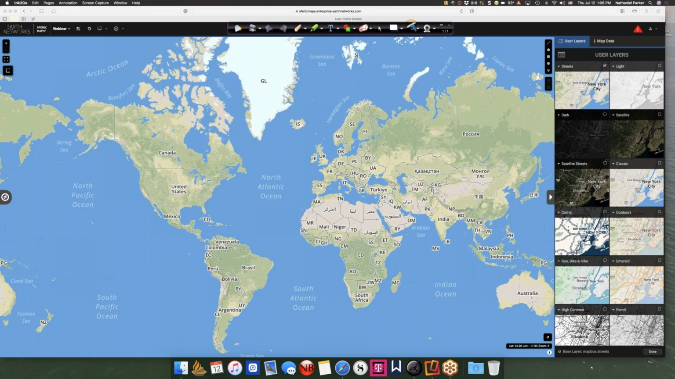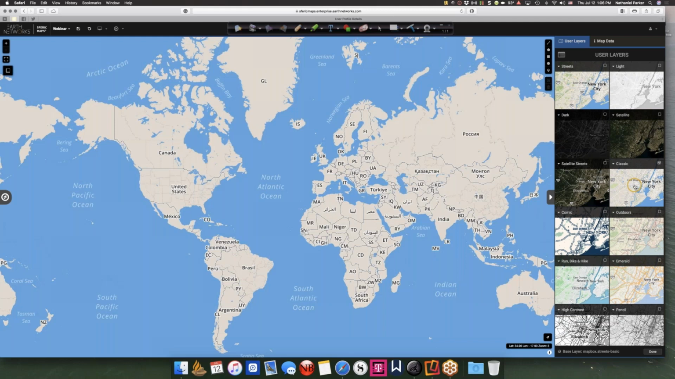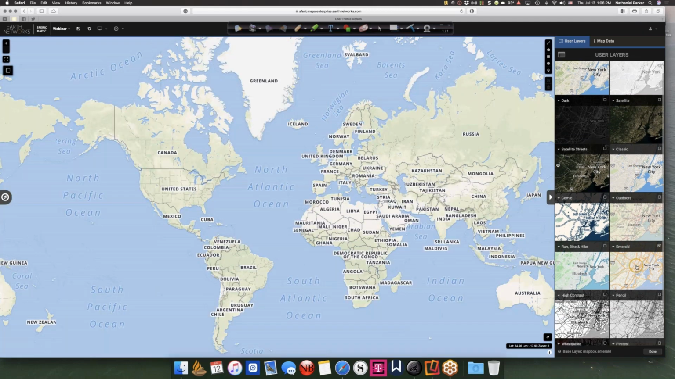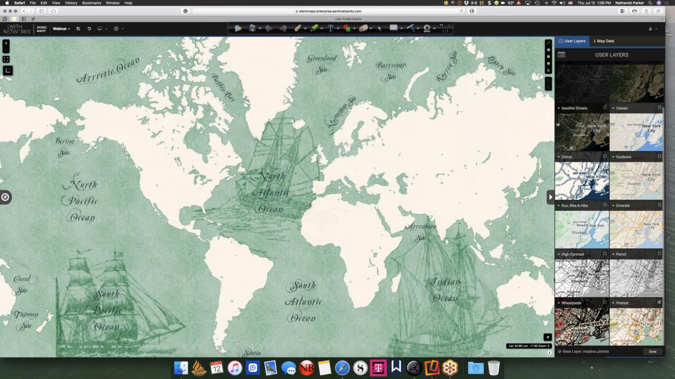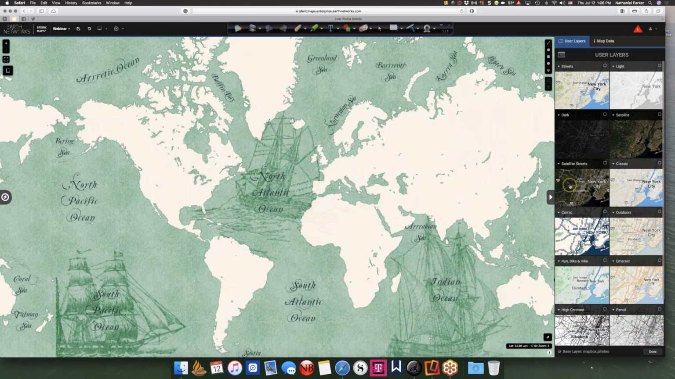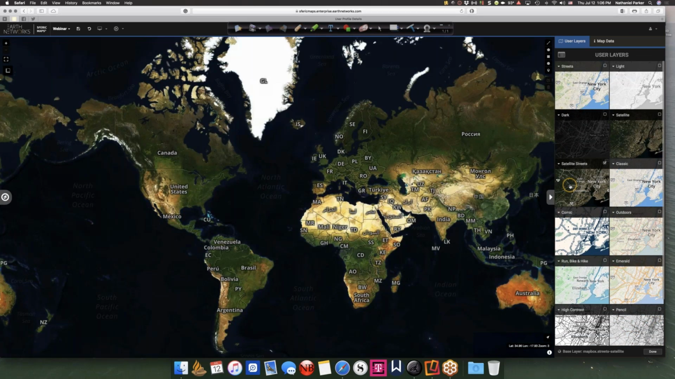And in Sferic Maps, we have a range of custom backgrounds that you can choose from. We've got some that are simple and basic. We've got some that resemble popular mapping sites like Google Maps. We've even got some really fun ones that look like a treasure map. We've got some really good high resolution ones, like one of my personal favorites, the satellite streets map, because it's